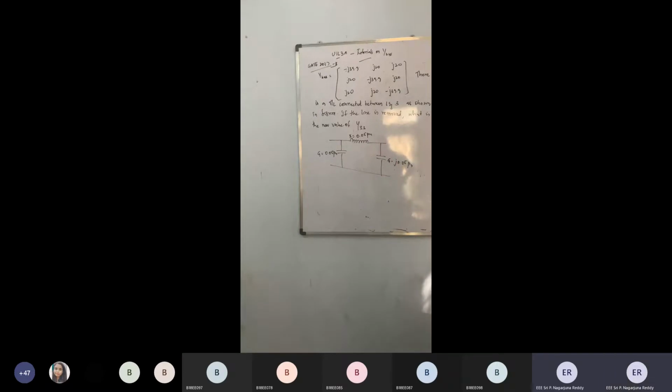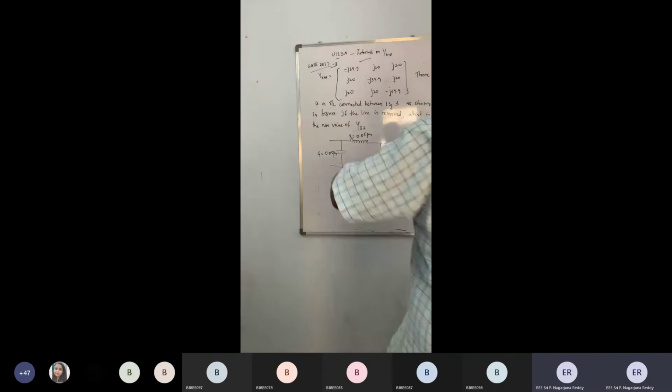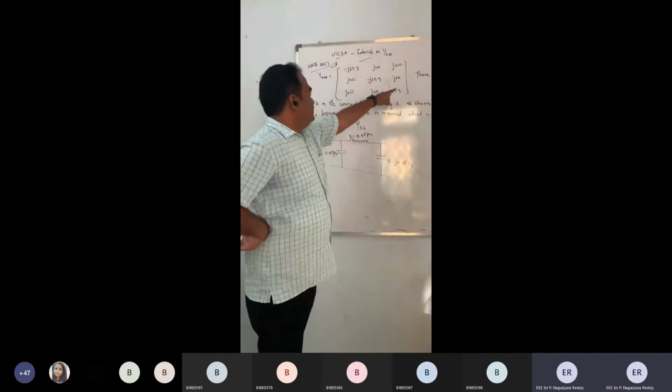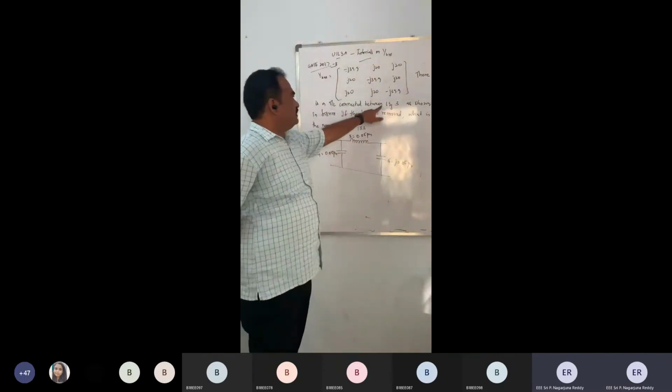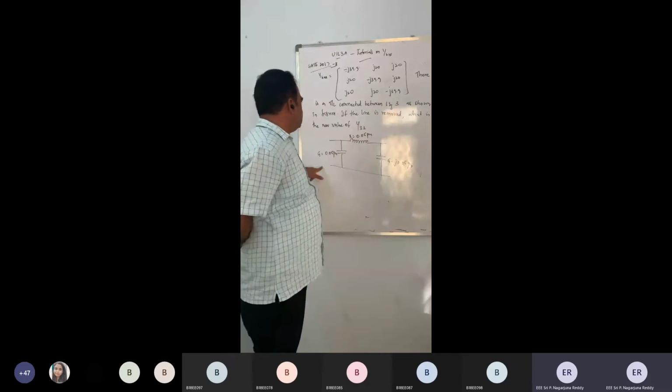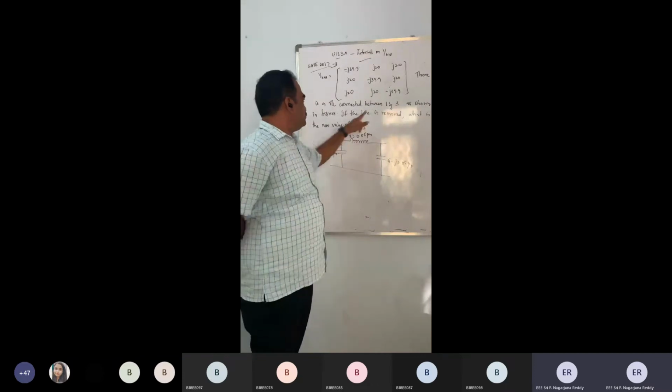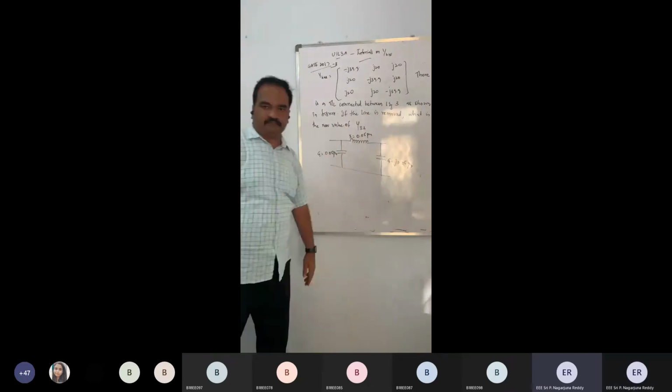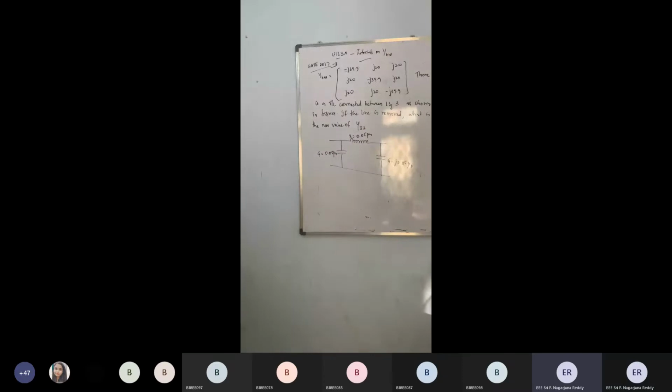Shall I explain the problem now? Now read the problem and I will start explaining it. A y-bus is already given for you. There is a transmission line connected between buses 1 and 3 as shown in the figure. If the line is removed, what is the new value of y3?